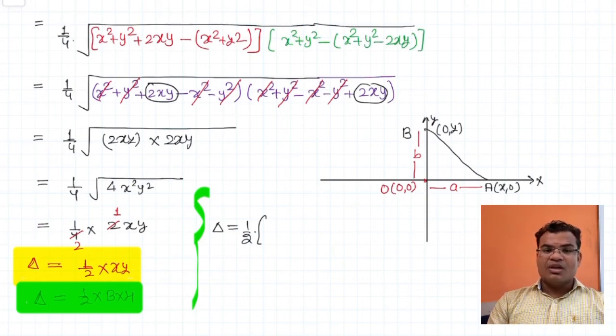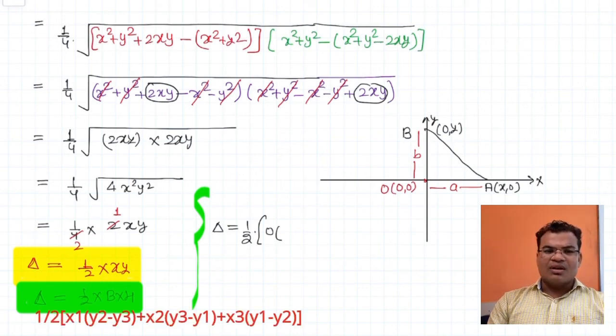That formula we have, let me write the formula also. That formula in the beginning also I told you what is the formula. 1 by 2 x1 y2 minus y3 plus x2 y3 minus y1 and x3 y1 minus y2. This is the formula. So you can write down by this formula from where you can get the answers, right? 1 by 2 x1 is 0. So how you can say 0? Because x1 y1 I can put the value of the coordinate b, o and a. x1 y1, x2 y2 and x3 y3 with this green ink. This is clear to you guys in the figure.